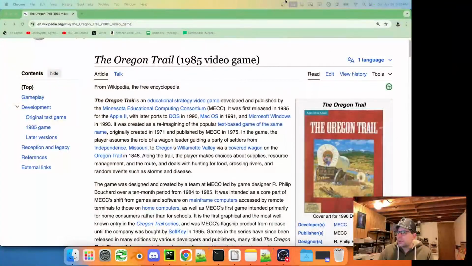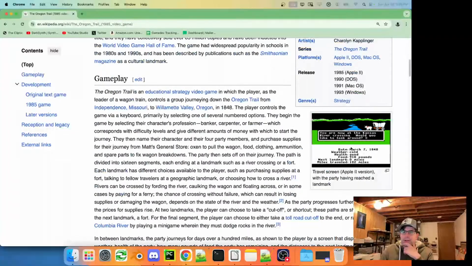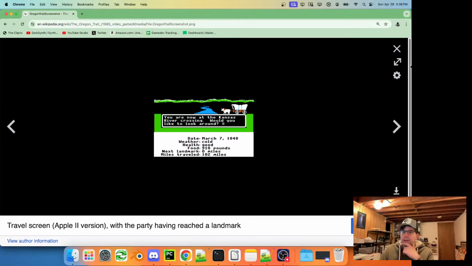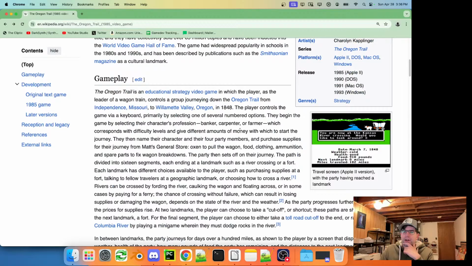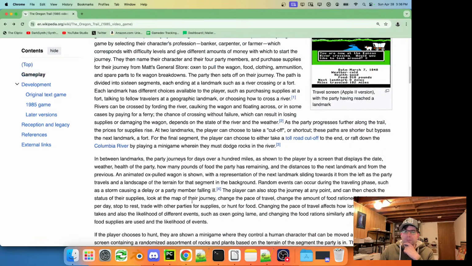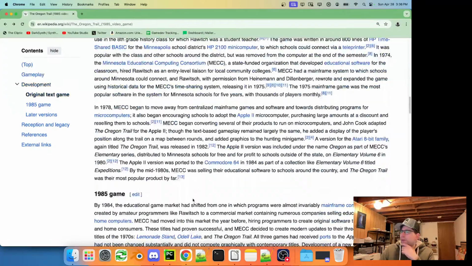It was originally released for Apple II, with very iconic graphics. The DOS version had graphics based on these, and it was a lot of fun.